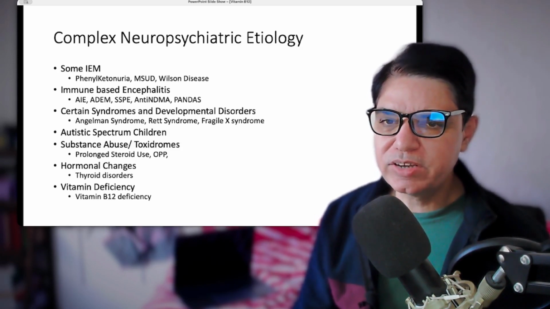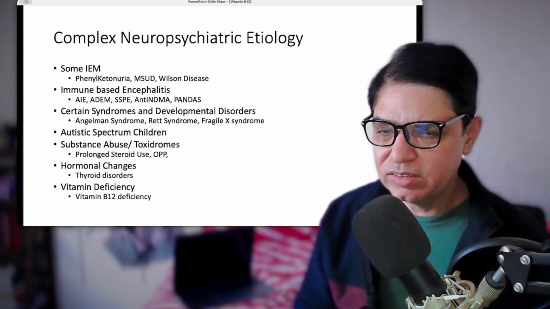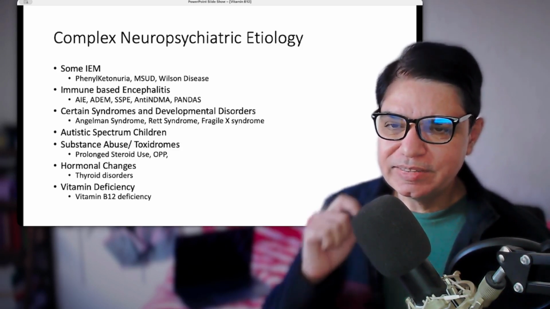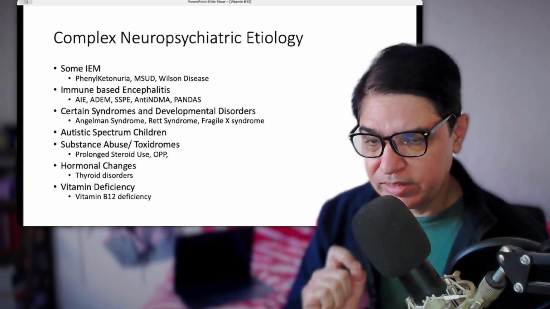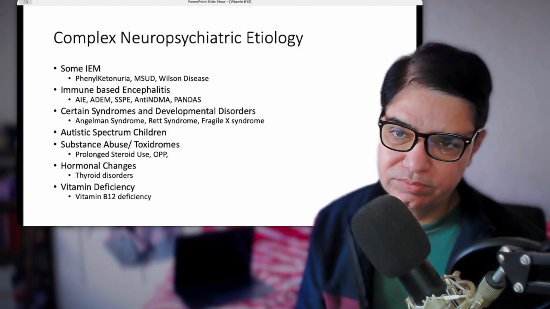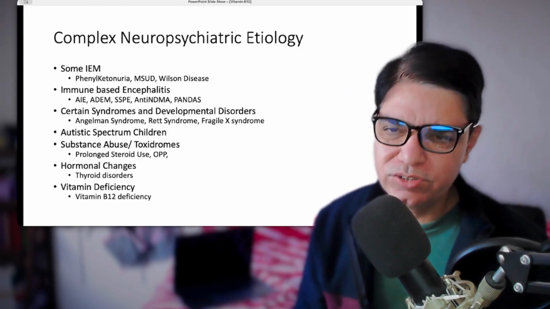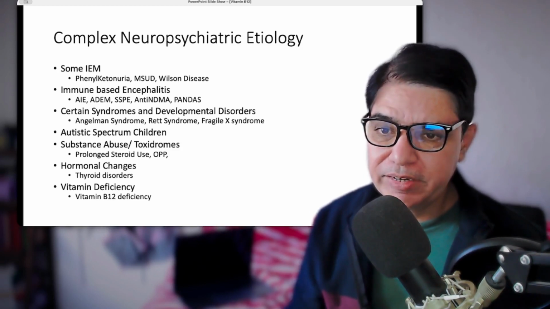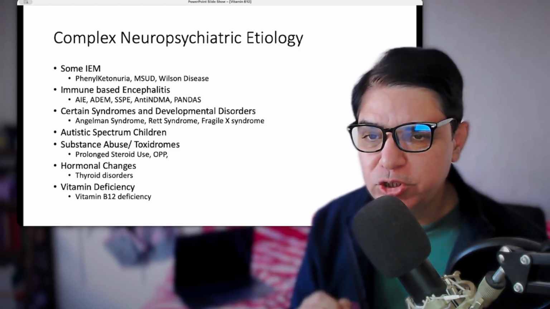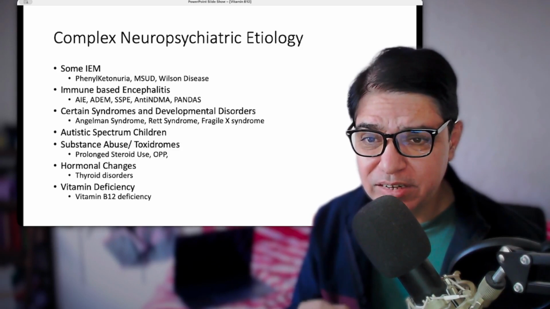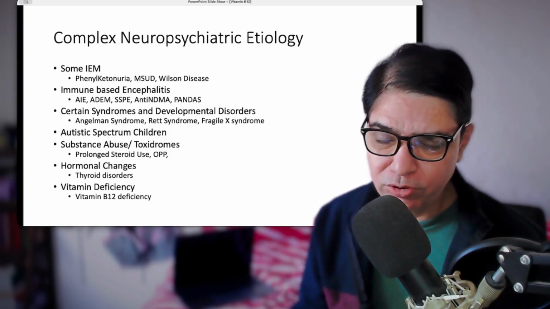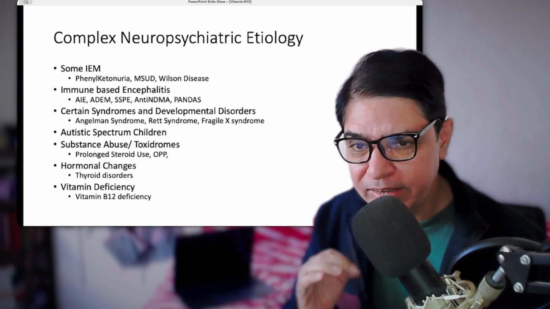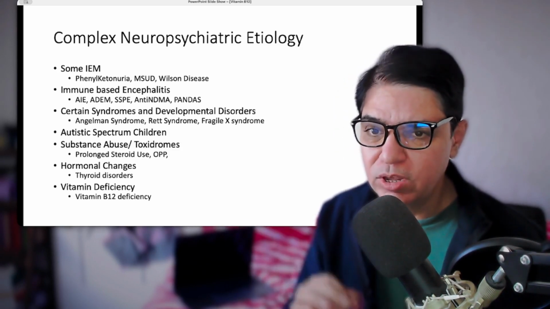So immune-based encephalitis, basically in all these encephalitides, the one thing common is your immune system starts attacking the brain cells, or in simple words, nervous system cells, and it depends where it hits. Especially if it starts hitting the cells in the prefrontal cortex, you get all that complex neuropathy. If it starts hitting your basal ganglia, you will have all these weird symptoms. If it starts hitting your